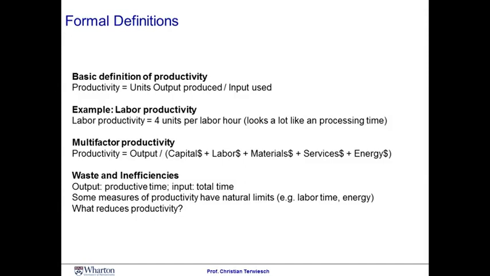Now stick with the example for labor productivity a little longer. What keeps us from having a perfect productivity? Think about the output in the productivity definition as productive time or value add time, and the input as the total time. Productivity is then simply the percentage of labor time that is spent productively. Now clearly you cannot have a productivity in this case of higher than 100%. You can never get more than 60 productive minutes out of a worker per hour.